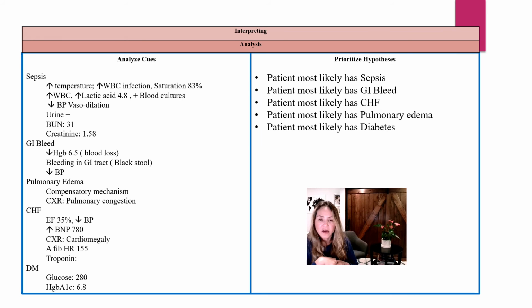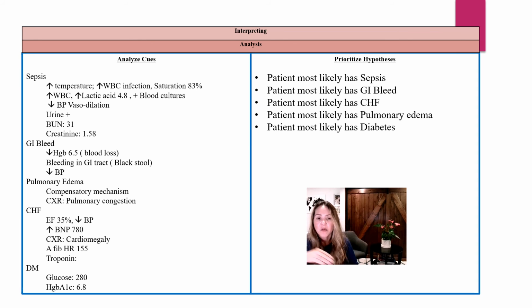Now we're going to try to analyze them, but there are too many to analyze and figure out what's going on. So the best way to do this is to use what we talked about before, the differential diagnosis, and use our knowledge of the pathophysiology of diseases to put all these labs and abnormals in different